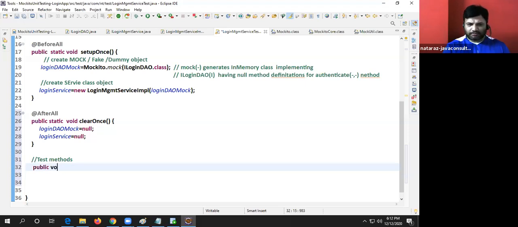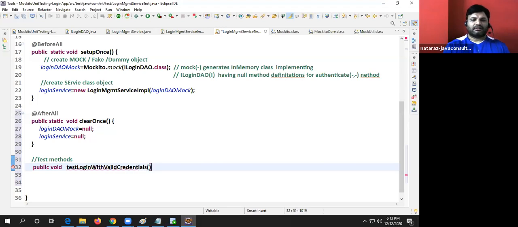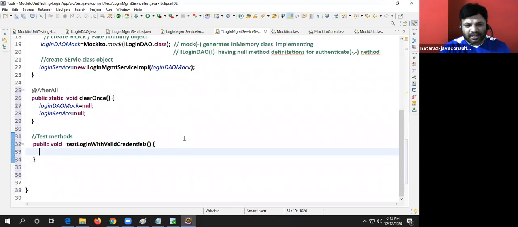Generally, what we take is public void testLoginWithValidCredentials. Test login with valid credentials. Fine, guys. Provide stub for